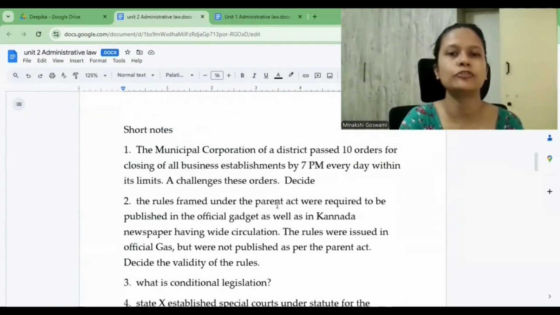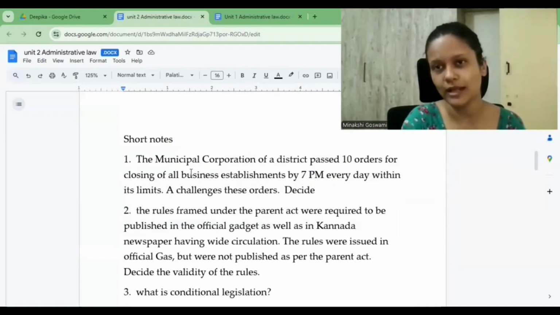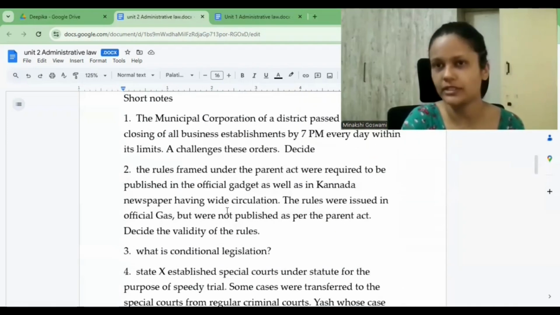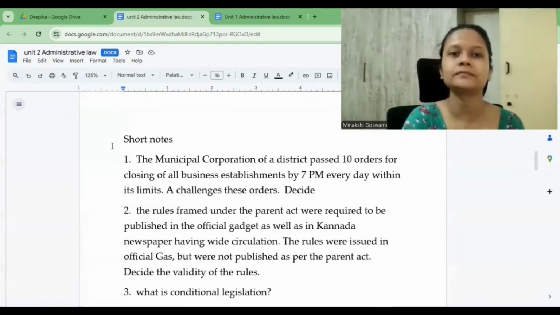Now let's move to the short notes. And over here, we also have problem-based questions. Problem-based questions are also given a lot of preference in KSLU recently. You need to answer two problem-based questions mandatorily out of three options given. So these are also very important, and my notes also contain problem-based questions, all answered over there.